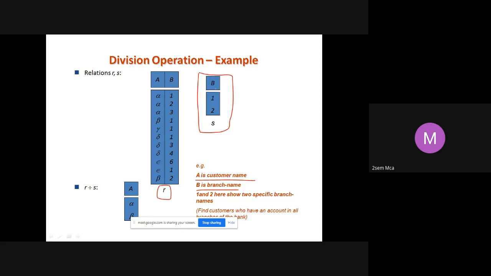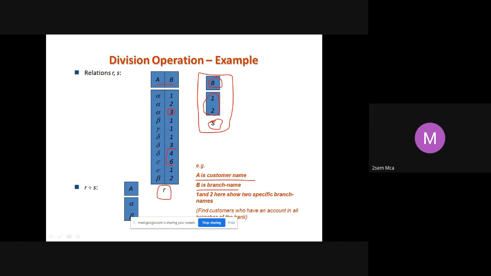Now, in that relation or table S, which is a subset, we have to take one of the attributes of R. Which attribute are we taking here? We are taking B. And what are the values I am considering here? 1 and 2. Here we have 3 also, but I am not taking it.